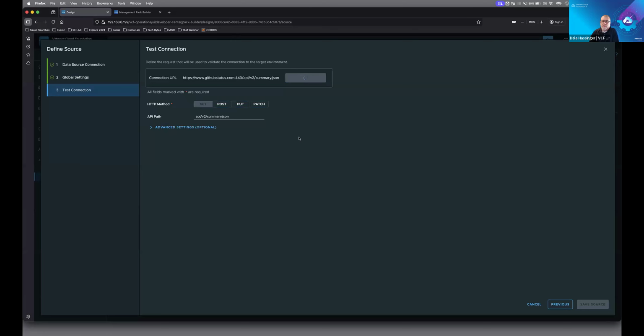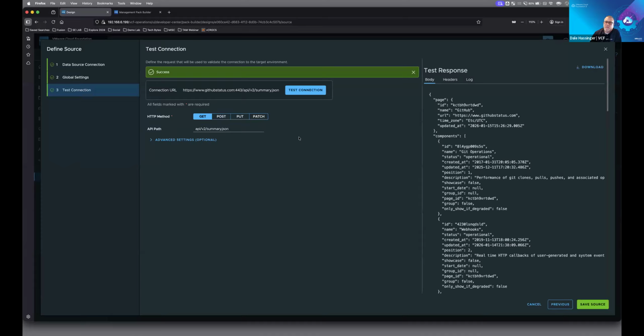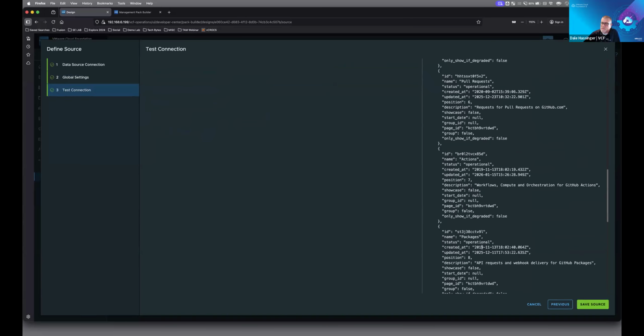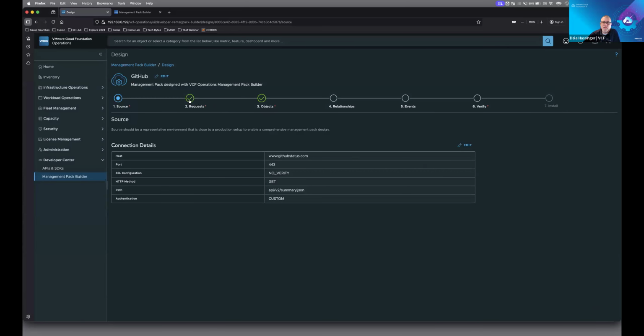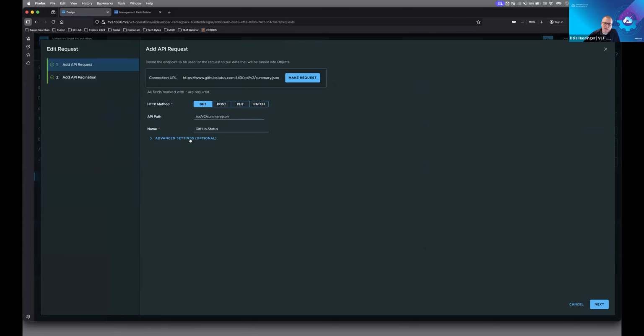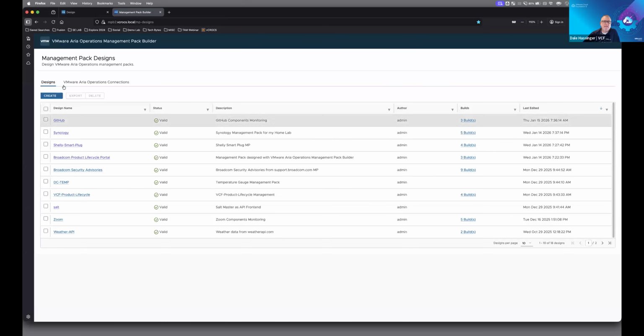And when you do this test connection, this is the same as Ops going out and looking for that information, and all that information about the status of GitHub is returned as JSON. And then after you successfully define your source, you go into the request, and I create it, and this name could be called anything. And the reason I call it GitHub status is